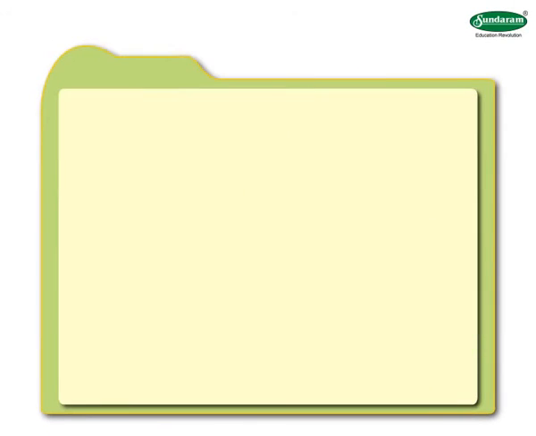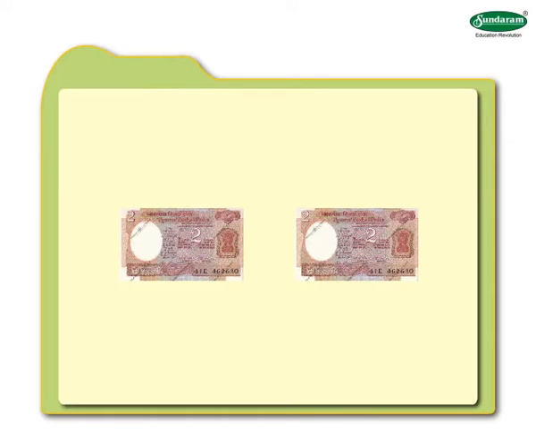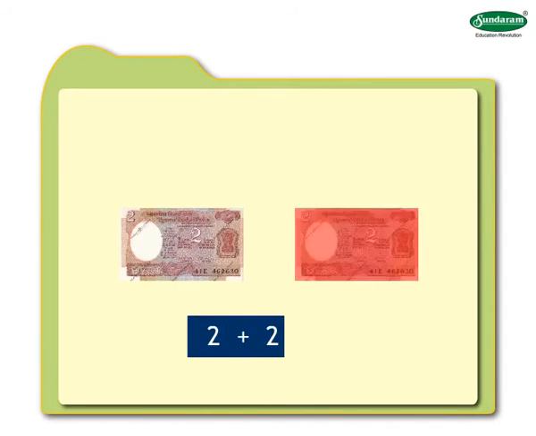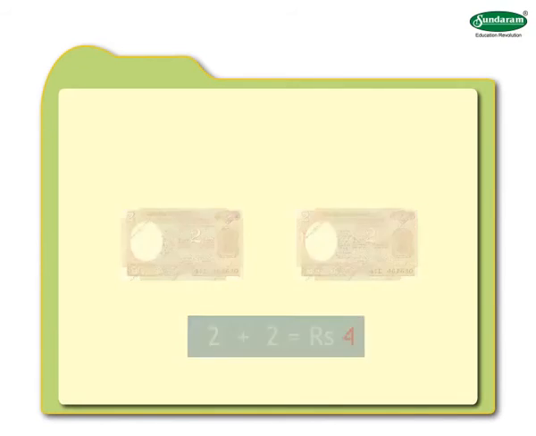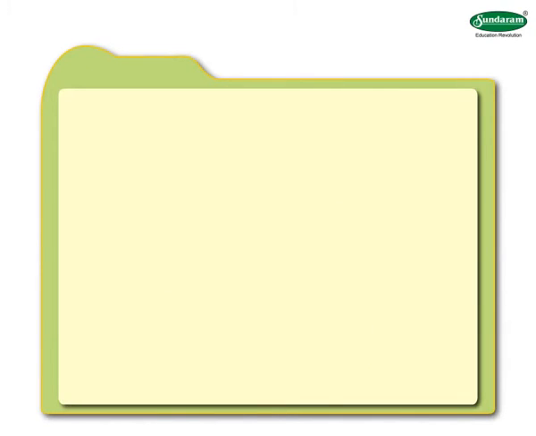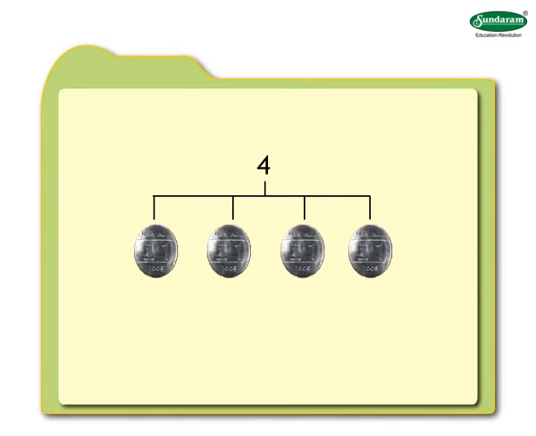See the notes of rupees 2 given alongside. We have 2 notes of 2 rupees. So, totally we have 2 plus 2 is equal to rupees 4. Now, if we have one 1 rupee coin, to get a total amount of rupees 4, we will have to